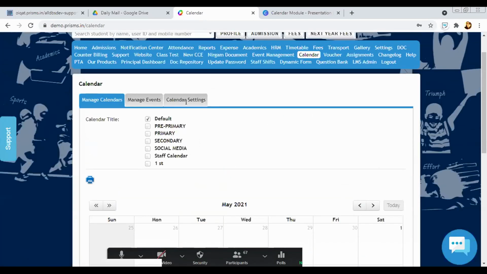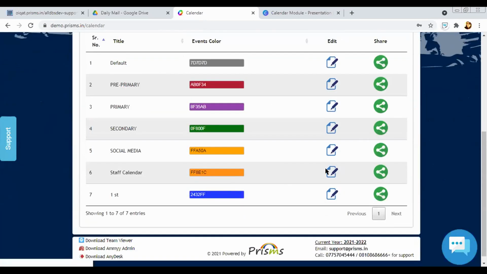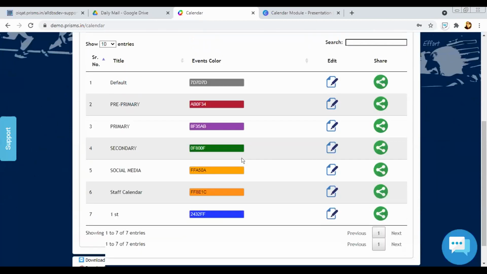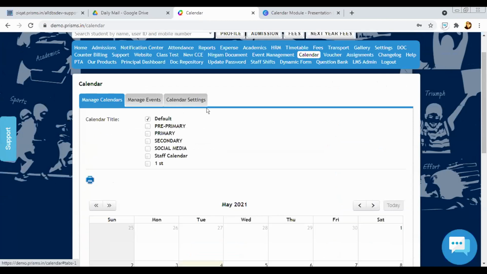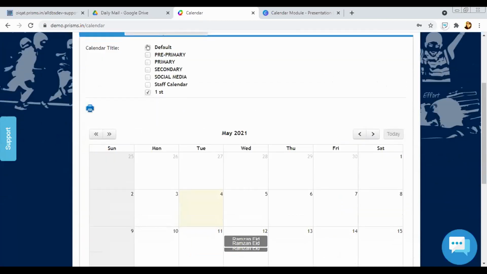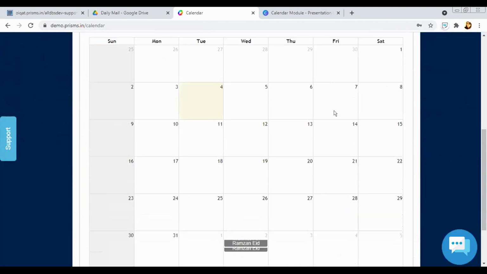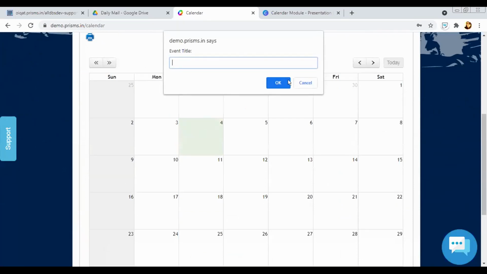Now whatever we do, we'll make entries into this. You go to manage events, first tab, manage calendars. Here we will select first standard and make the entries. Whatever academic plan we have, we'll make the entries, like suppose on the 12th there is a meeting for new admissions.